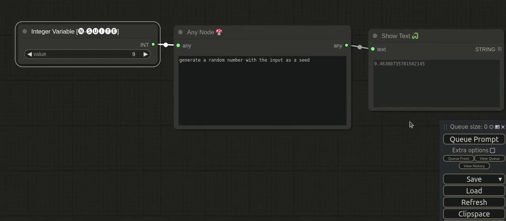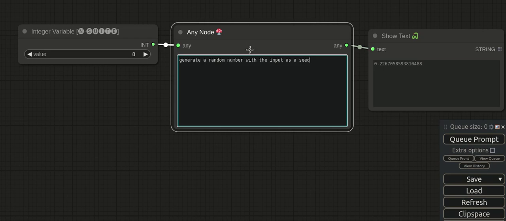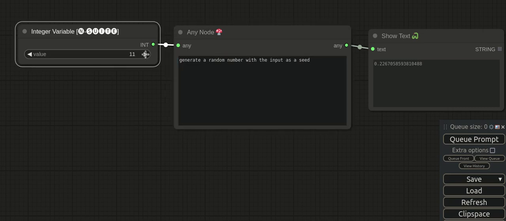Okay, so I've got this working. I can generate a random number where the input is seed, for instance. That's the node here. So if I change the seed to 8, it'll just use the function. It's not generating a new function in this node every time, only if I change the prompt. So I can just use this same function if I don't change the prompt there and get a random number